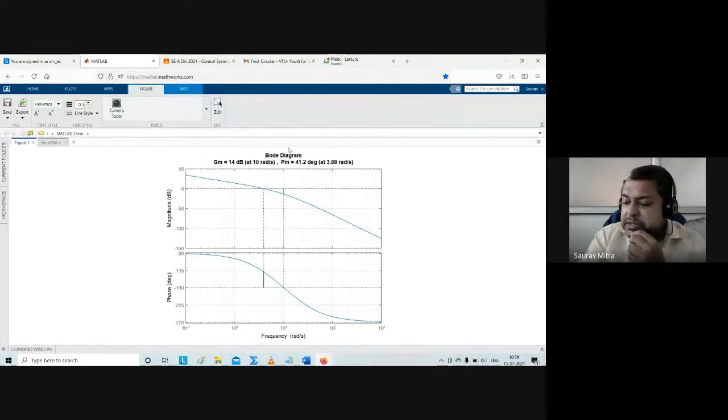So this is what you have to do. The first point is the corner frequencies mentioned. Second point is the region of slopes. Third point is, from the time constant form, what is the constant at the numerator and how many dB that is; that much will be the parallel line, either above 0 dB or below 0 dB. Fourth point is omega GC, phase at omega GC and phase margin. Fifth point is omega PC, gain at omega PC and gain margin. Last point is the stability.